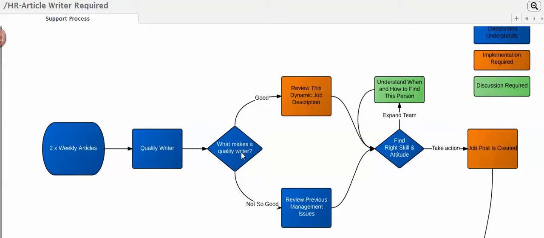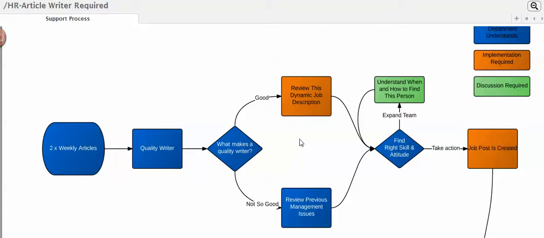So now that we have, what makes a quality writer, well, we pretty much know what's going on now. We understand that there's an element of clear written English, because our target market is more English speaking, so it needs to be pretty good there. We need to be cost effective at the same time so that we can do quite a number of articles equally, and so we wanted to be able to have a process map like this so that we can actually expand our business, because ultimately my investment strategy is to actually have websites. So we'll be doing a lot of articles in the coming year.